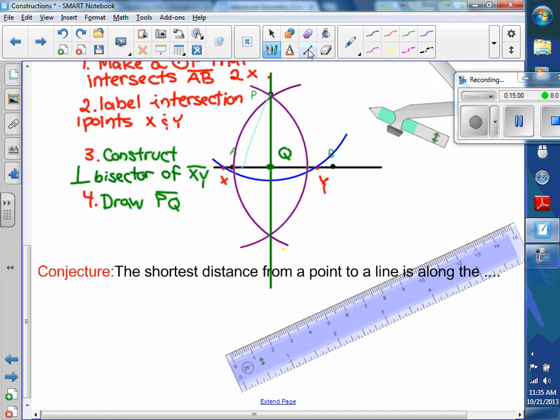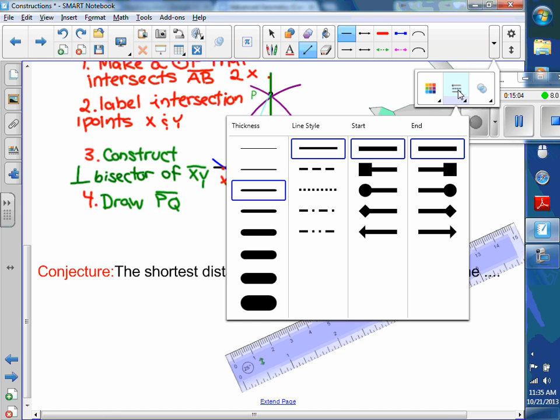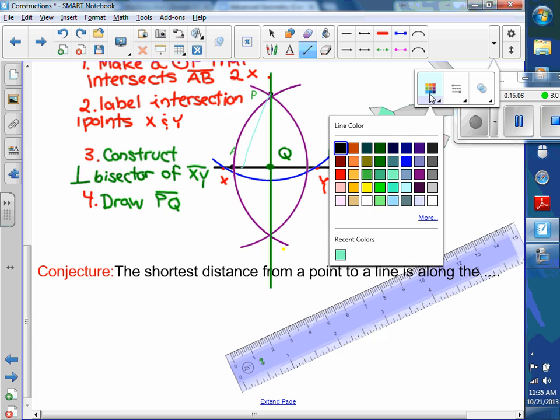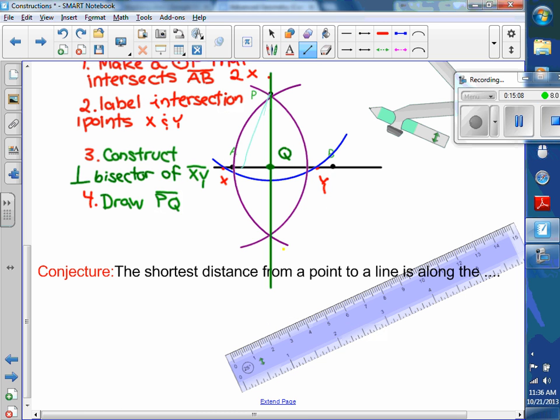Oops, that's supposed to be a straight line. There's tons of different paths from P to the line AB, but the shortest path is the perpendicular. And you know that intuitively,